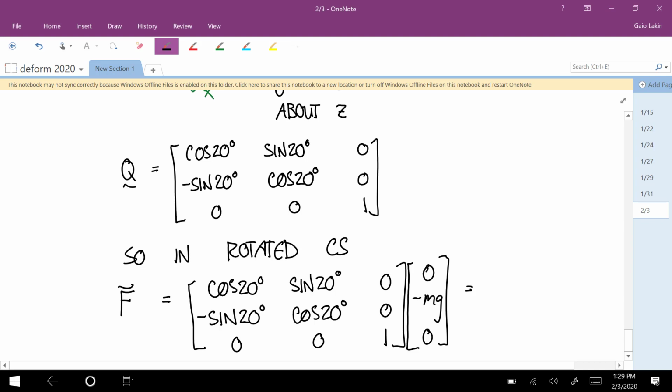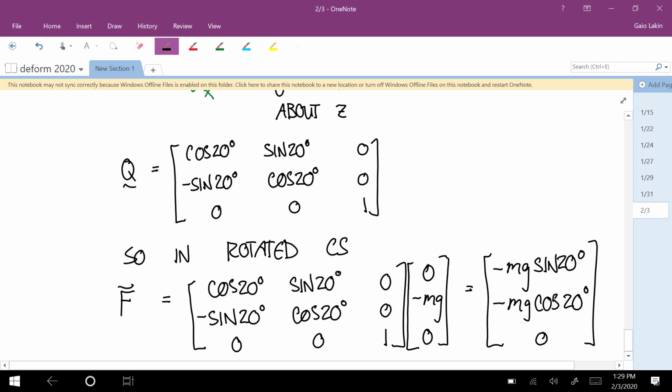And you get negative mg sine 20, negative mg cosine 20, 0, which is what you would have gotten